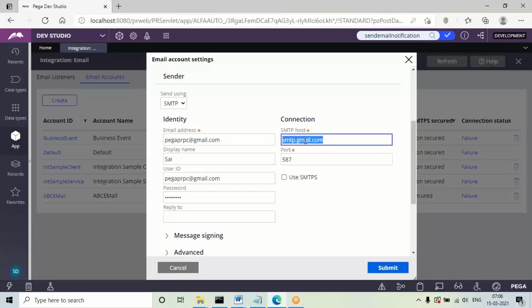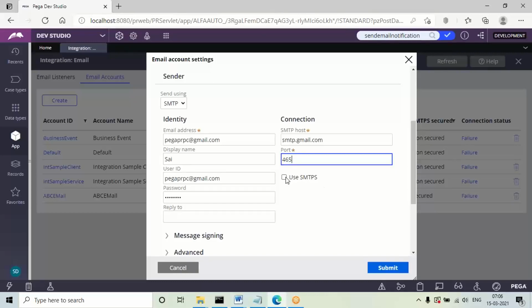The host name it will configure, but when you add the connection using this, by default it will take it without SMTPS. If you want to configure this wizard option, you have to configure using SMTPS, and you can verify those numbers in Google. Using SMTPS means the port number must be updated to 465 for a Gmail account.